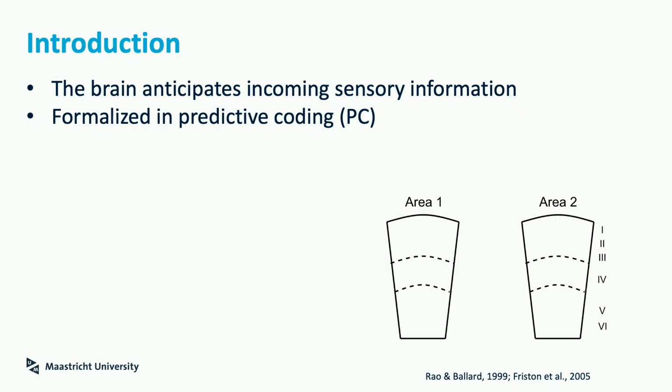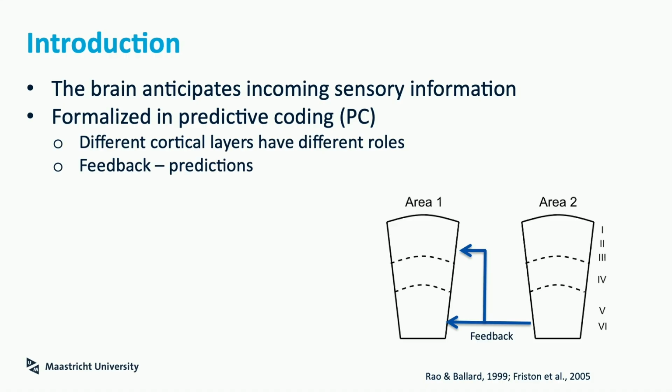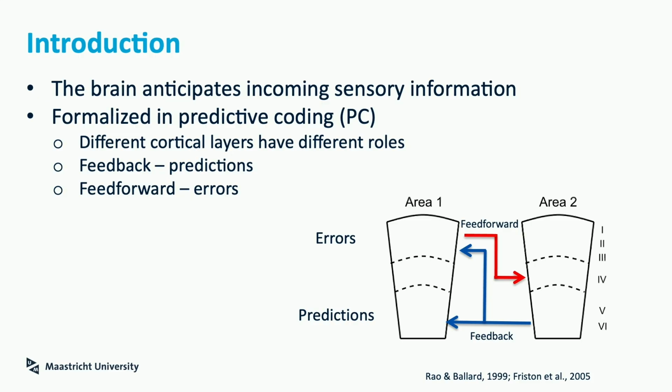And within this framework, we have different specialized roles assigned to different cortical layers, in which feed-forward and feedback streams perform different roles. In essence, what is thought is that if we have this internal model, it can actively generate predictions that are sent to lower order areas that reside mainly in the deep layers. And these predictions are compared to the sensory input that we actually get into our senses. And this is called a prediction error, which is sent forward to higher order areas.